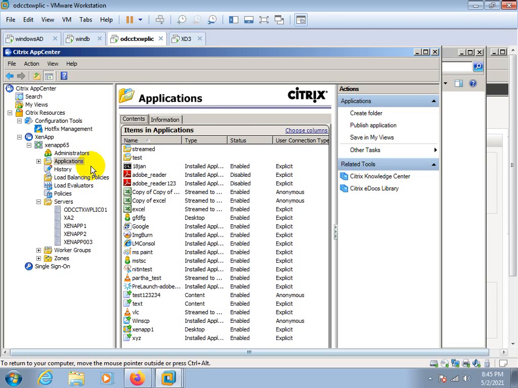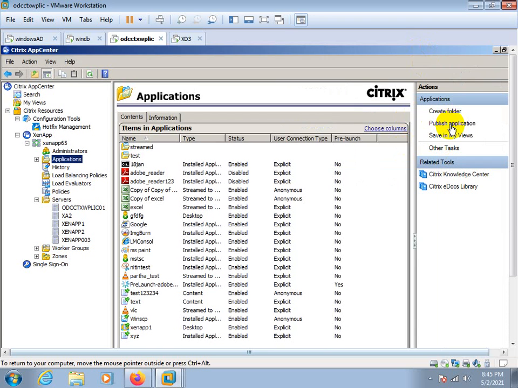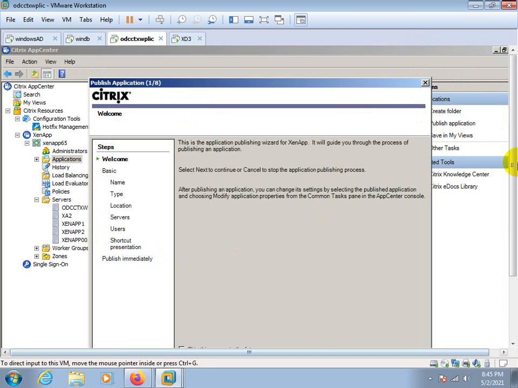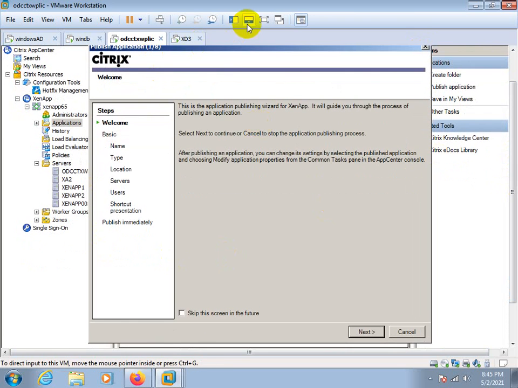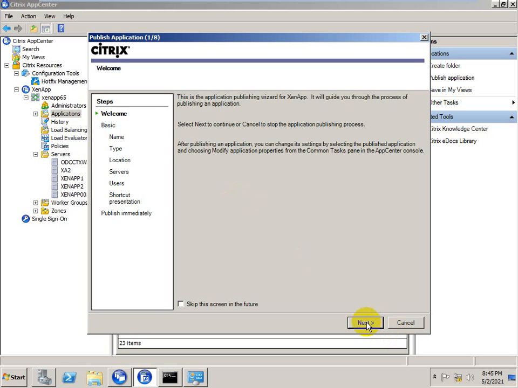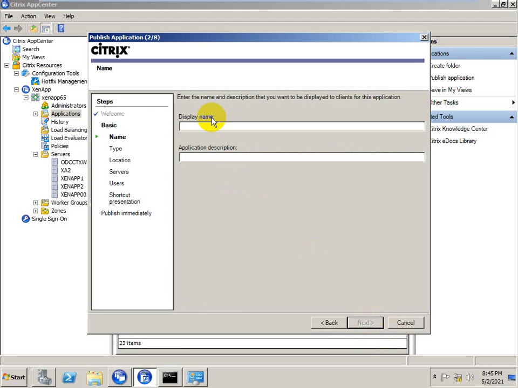Sir, go on right side panel and application, select application and create the site. Here you can see. Right click and publish it. Okay. Next. Then display name. We can put anything.